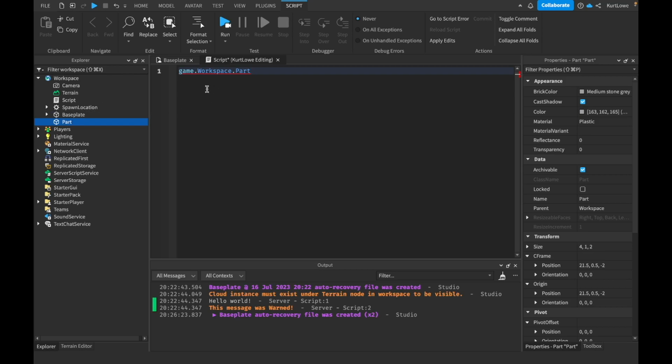Okay, but this here is how you then reference this part. This bit of code here is telling the script we want to use the part or do something with the part. And this is the first method of doing it. Now, this first method is great. It's probably the simpler one to use,